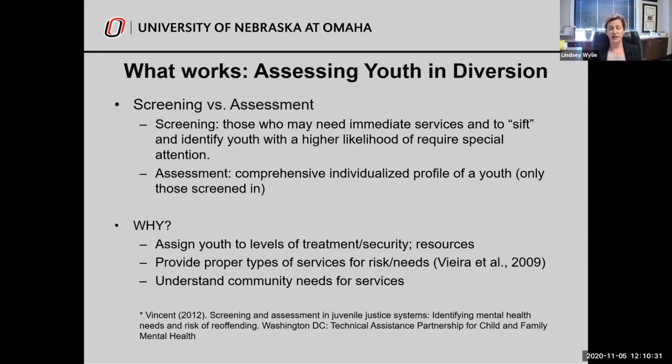And it can also help understand what the community needs, right? So currently we're working on these needs assessments for all of the communities that participate in the community-based aid funds. And one thing we were able to do is to look at the mean values of all the domains from the risk assessment scores to be able to see, hey, substance use is really your highest domain in this community. And that can help with community and strategic planning, because if we know a lot of our kids are having substance use issues, then we need to have those types of services to provide, because it's a high need in the community. So it's not only being used at the individual level, it's something that can be used at the community level as well.